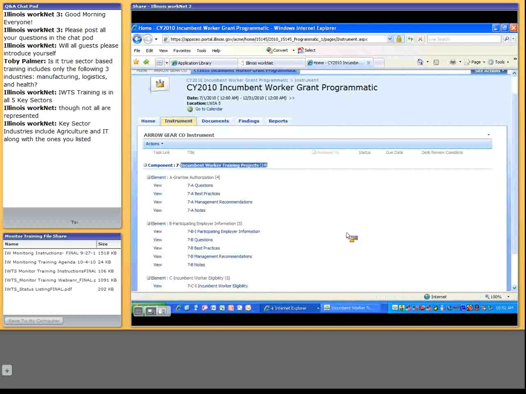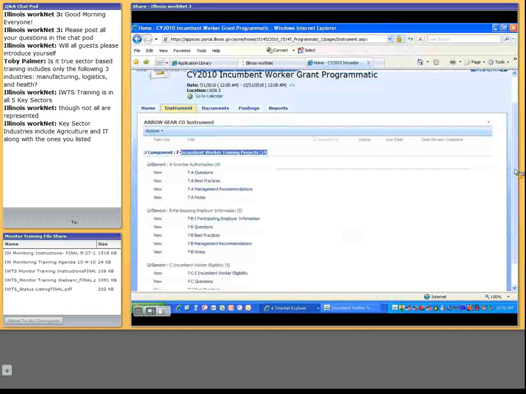So that all is on element B, using the e-grant system for the grant agreements and reports, the Illinois workNet system for the project plans and reports, and finally, the third element is looking at the incumbent worker eligibility,